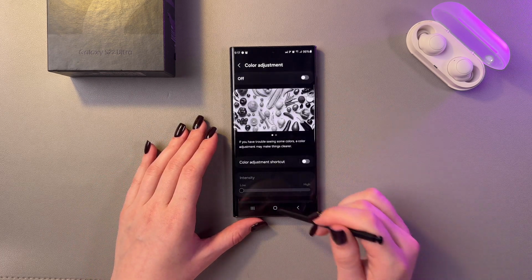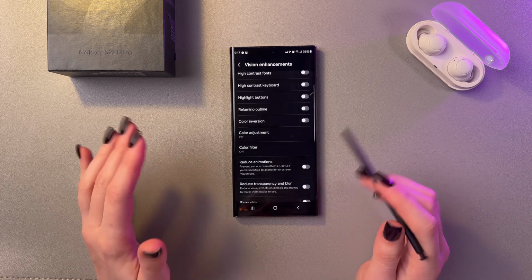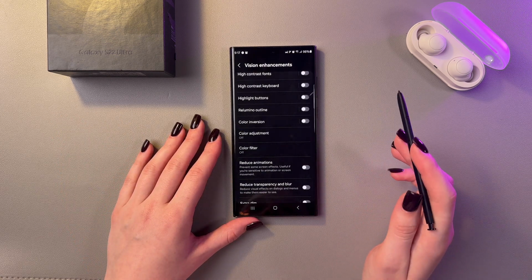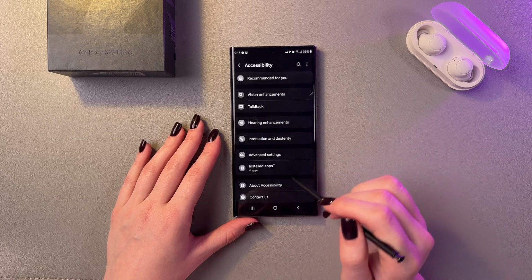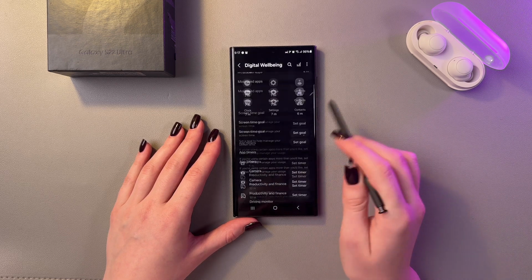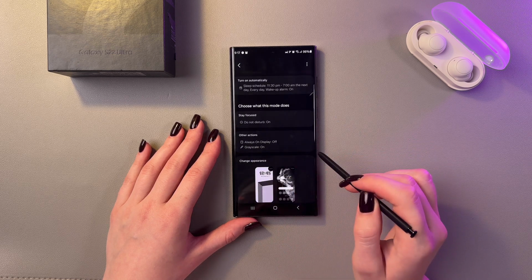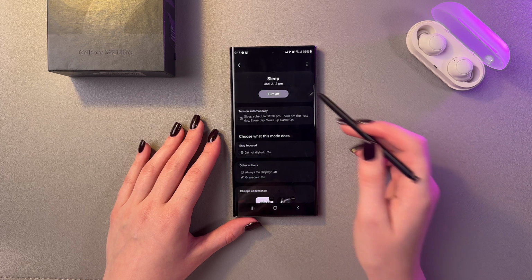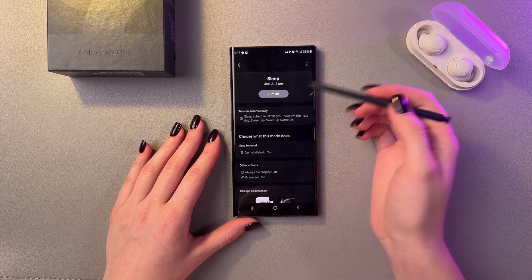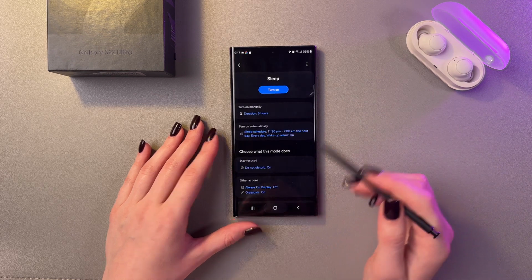So let's disable it. And now you can see that nothing changes, and that is because I enabled bedtime mode. The bedtime mode sometimes enables grayscale mode as well, so let's check this feature. For that, I'm just gonna go in the parental controls. Here select the bedtime mode, and in the other actions you can see that when this mode is enabled, the grayscale enables as well. So as a first step, we can just disable it by tapping on the switcher, and